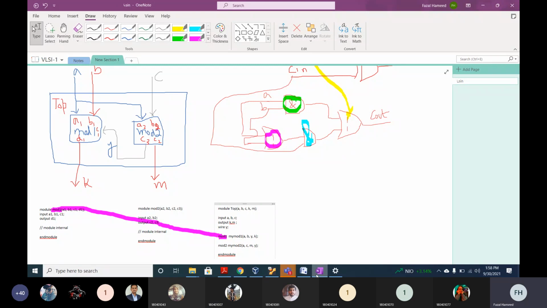Okay. Now if you look at this simple design, this implies that this top module is realized using two different modules, namely mod 1 and mod 2, and they are connected in a particular fashion to achieve the overall function. And you don't know the internals of these modules. You don't know the internals of module mod 1. You don't know the internals of module mod 2. But now you have interconnected them in a particular fashion. You got my point or not?